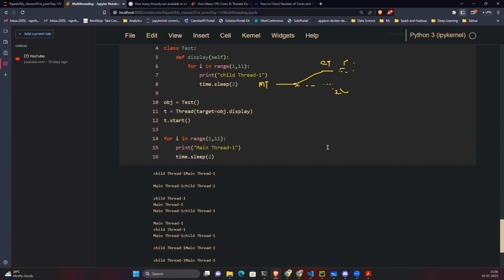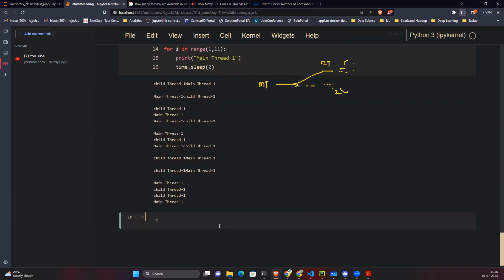So let me show you the same program without thread, and how much time it is taking without thread and how much time it is taking with thread. Then I can prove my words, that thread is responsible for improving the performance of your program, right? So let me show you that part as well. Without thread we are doing this. So what I can do: import time and def,